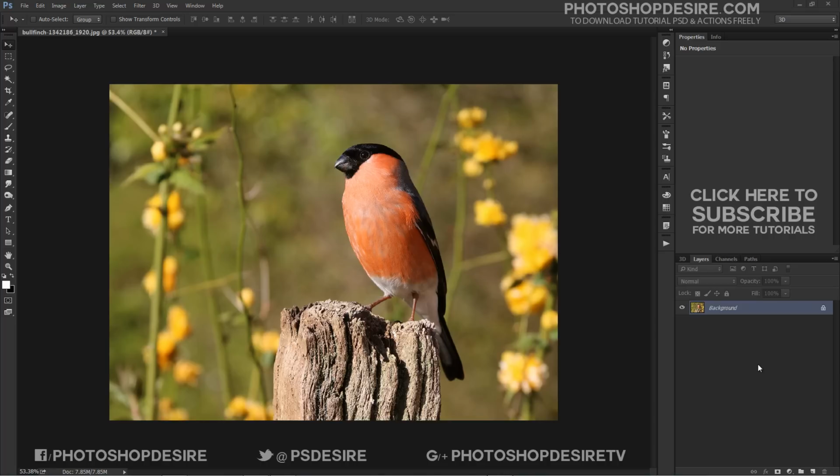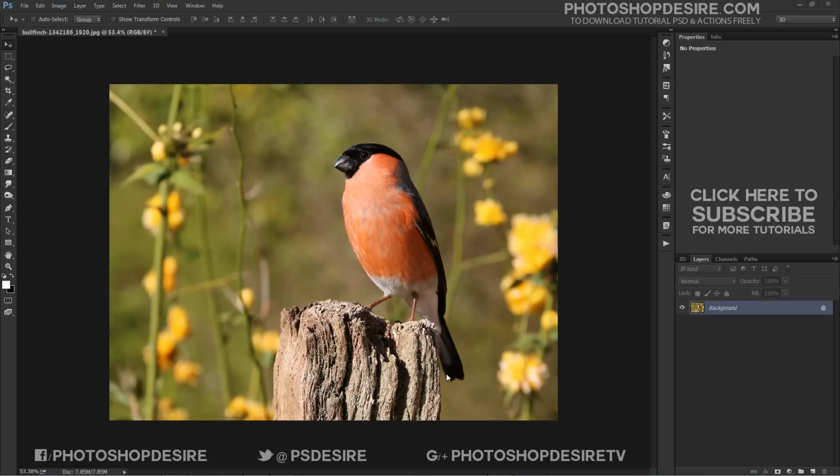Focus area is a new selection tool in Photoshop introduced as a part of the 2014 CC updates. With focus area, we can now make selections based on the in-focus area of an image. In other words, if we have an image where we need to isolate a person or subject from the background and that person or subject happens to be in focus while the background is blurred and out of focus, Photoshop can now analyze the image, figure out what's in focus and what's not, and make a selection of just the area we need.